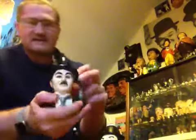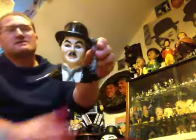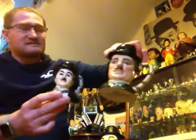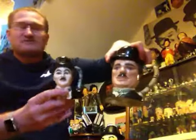But there it is. That's another really nice smaller version Toby jug to go with the Charlie Chaplin range of Royal Doulton. And again, you'd be surprised, even this one, so the large one is just as expensive as this one. So with prices, they don't really change. The prices of these keep going up and up, so they are really quite sought after and